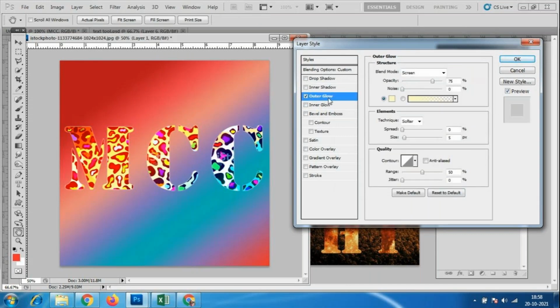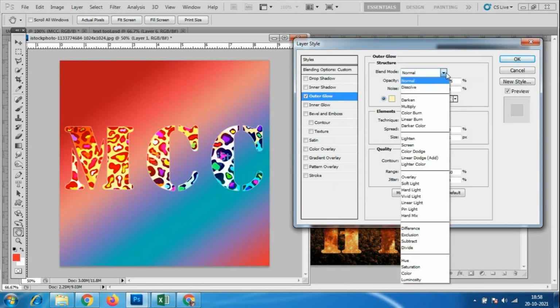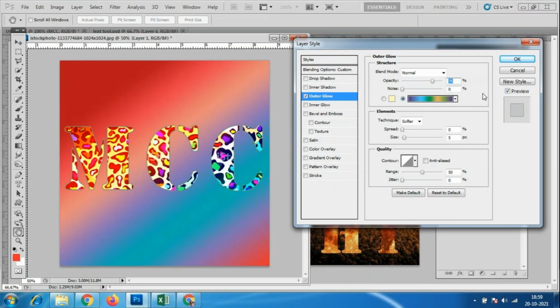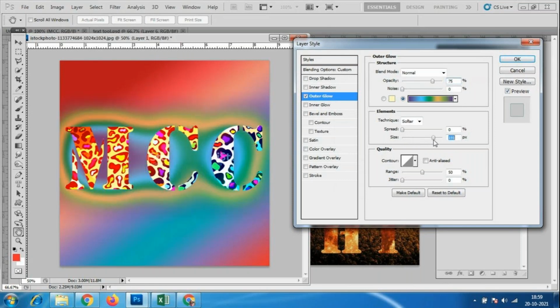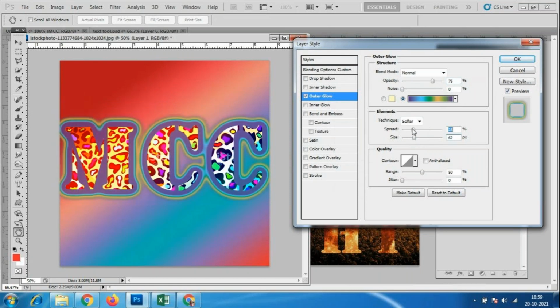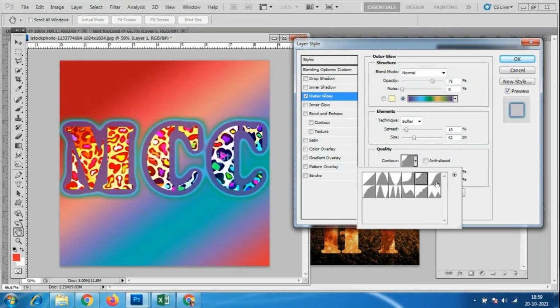Okay, outer glow. If I select it, again always check the blending mode, which should always be normal. We should not have it on soft light or hard light or anything. So I'll keep it in the normal mode, and we have the option called gradient. So the gradient option is here, and I have selected this gradient, and I'll increase the size of this. Look here, however much we want we can add it. And we have multiple options in that.